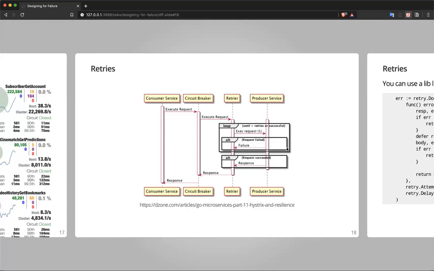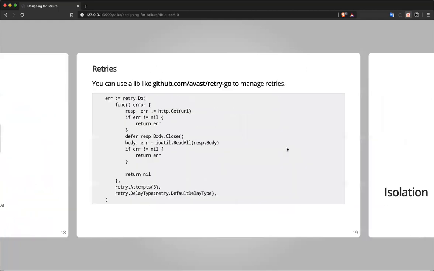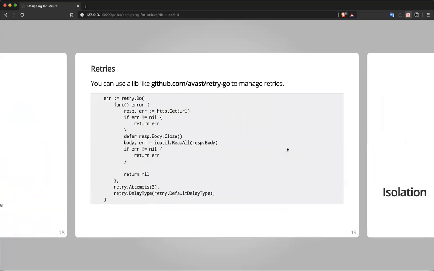You're going to have latency issues. You're going to have some other thing that is unexpected to happen. And sometimes they happen and they're gone, and you can retry and it's going to work. So you really want to automate that process. You don't want to interfere every time something bad happens in your network. So right here, we have a very good library from Avast where they have this retry, which is super simple